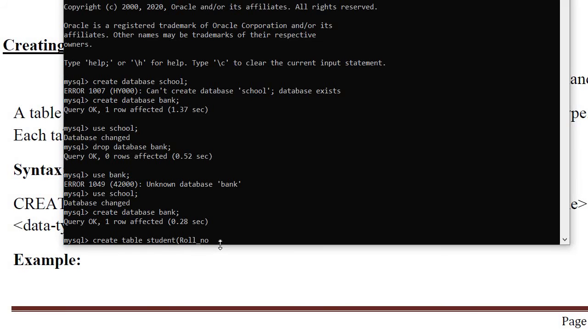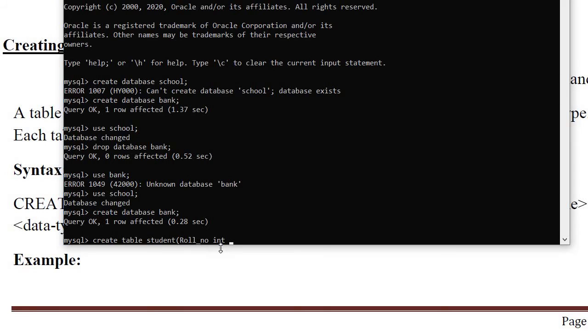So after roll number, we will write the data type of roll number. I want it to be integer, so I will write int. Now I want it to be not null, meaning that every time you execute, roll number should not accept a null value.